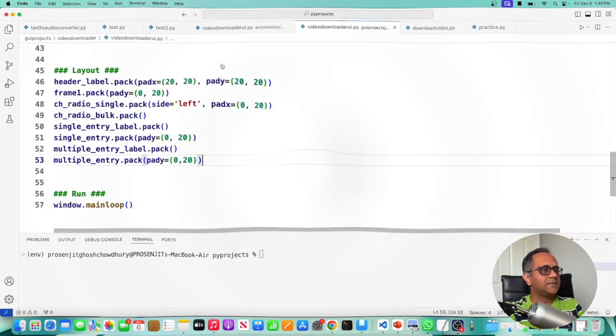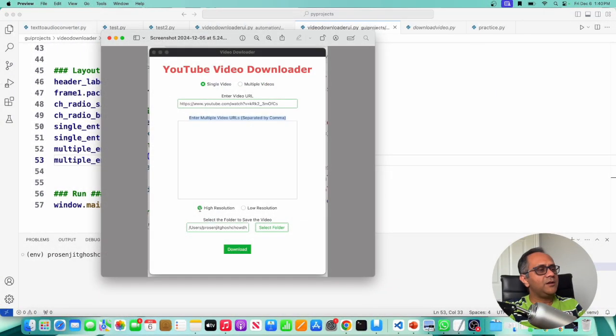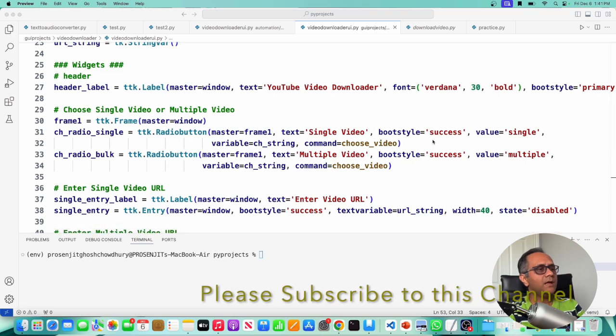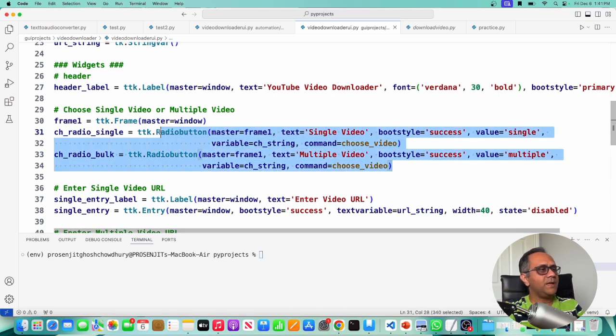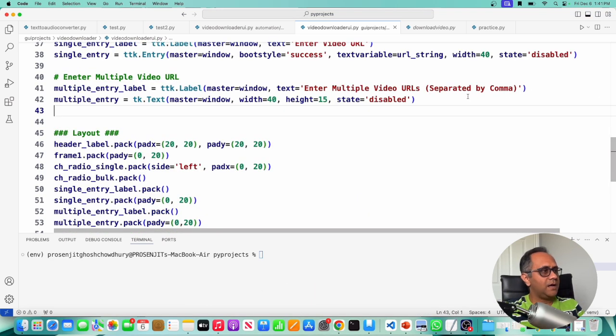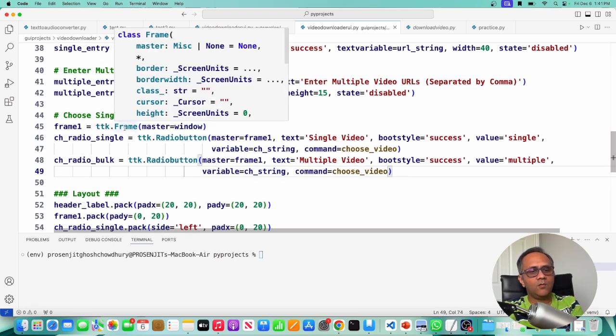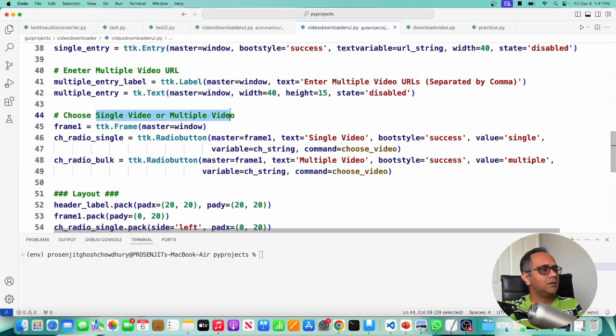Very good. Next I need to create another 2 radio buttons here, high resolution and low resolution. I already created the same kind of radio buttons, single video and multiple video. So instead of typing everything, I'm going to copy that code, and I am just making some changes there so that I can save some typing. Here I am choosing the resolution. So change the comment